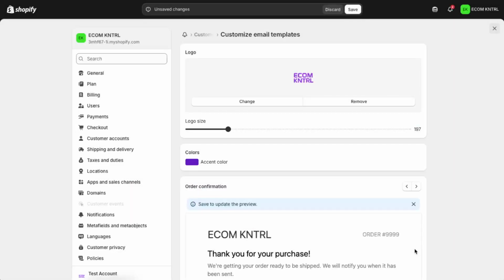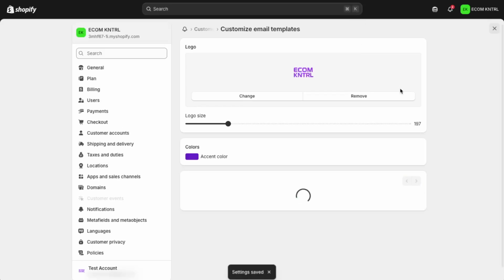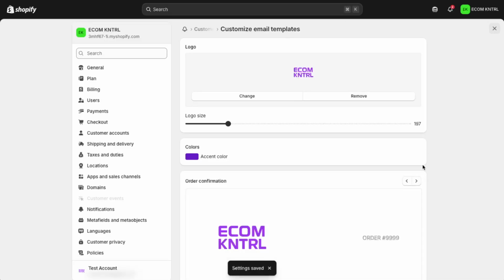Shopify will now save this image as the logo used in your customer email templates, including order confirmation emails. From this point on, every new order confirmation email Shopify sends will automatically include your logo, helping your brand stand out and giving your